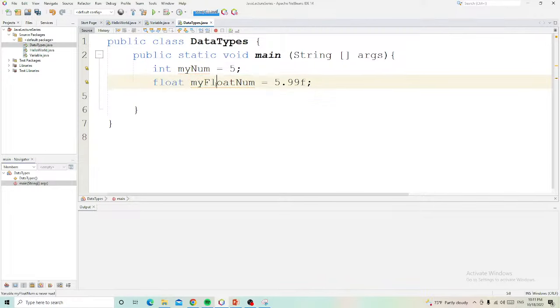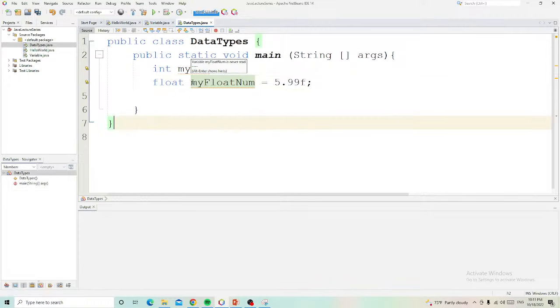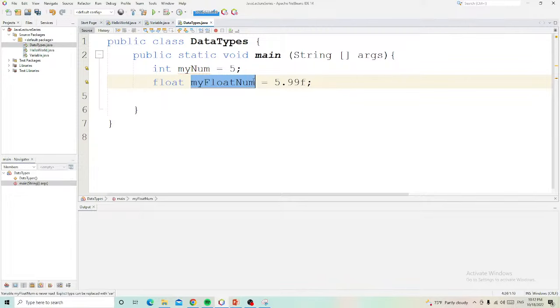Okay. Sir, can I use space in variable declaration? No. In declaring a variable, you are only allowed to use a combination of characters, numbers, and special characters like underscore and dollar sign, I think so.